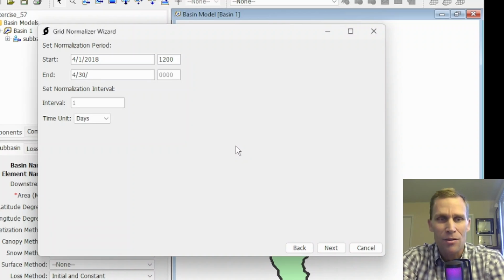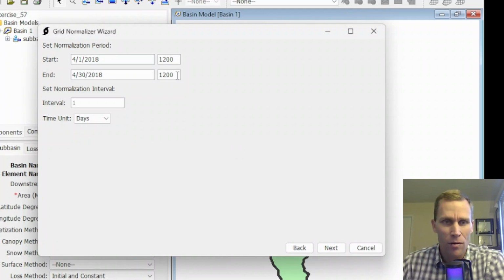Now the PRISM data starts and ends at noon, 12 o'clock. So that's what I'm setting for the time over here, 1200 hours. And then the interval I'm going to set to 1 day, which is sort of up to the discretion of the modeler what they want to use. Sometimes a longer time period is better, but I'm just going to go with 1 day, and then I'll click